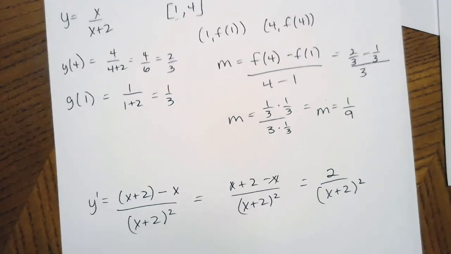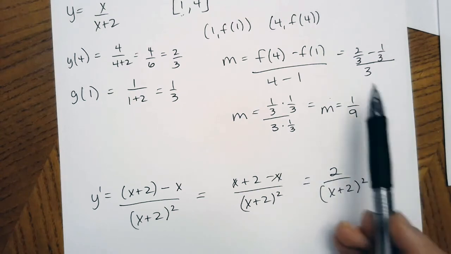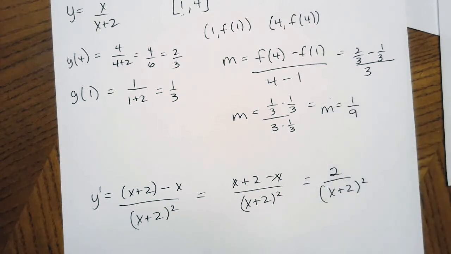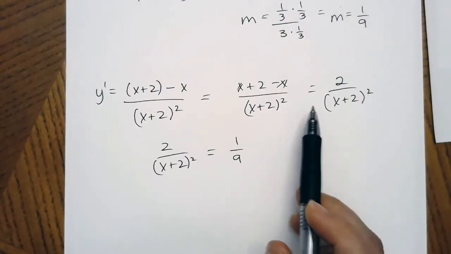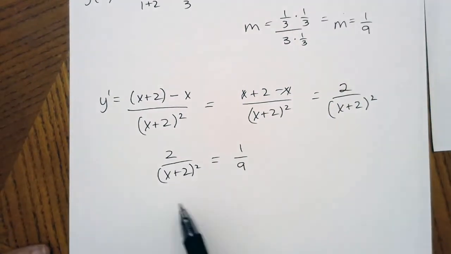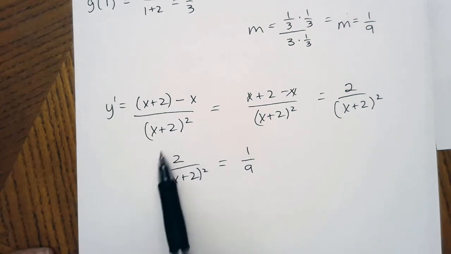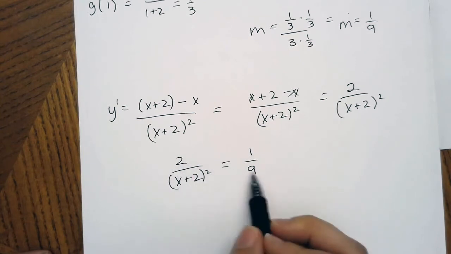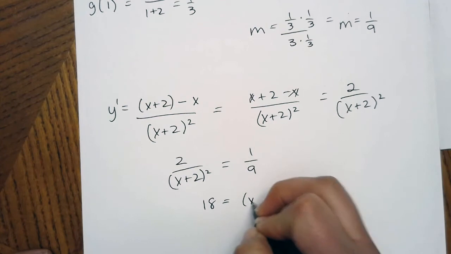In this case, I want to clean it up because I'm going to set it equal to something. So now I want to know where this is equal to the slope of my secant line. So I have 2 over x plus 2 quantity squared equals 1 over 9. So I'm just taking my cleaned up derivative and setting it equal to the slope we calculated above. And now I have a fraction equal to a fraction. So this is one of the few cases where I can cross multiply. So I'm going to have 2 times 9, which is 18, equals 1 times this, which is x plus 2